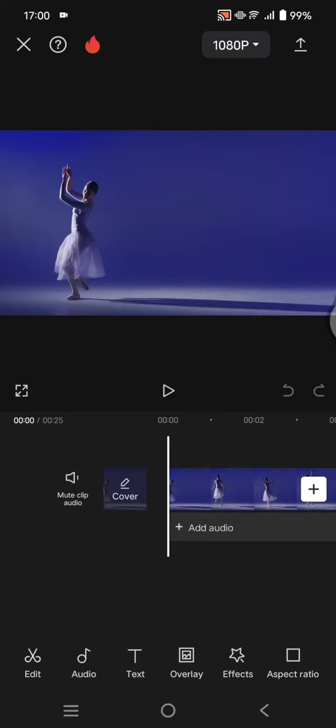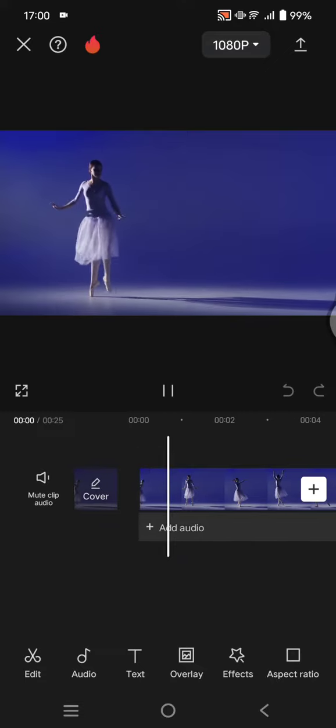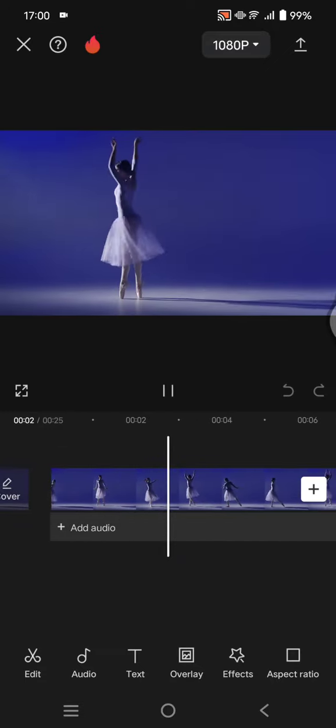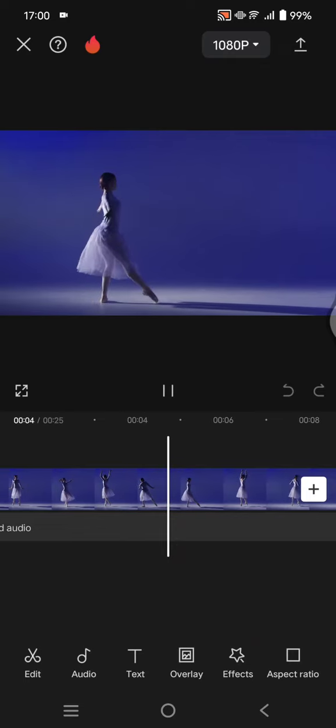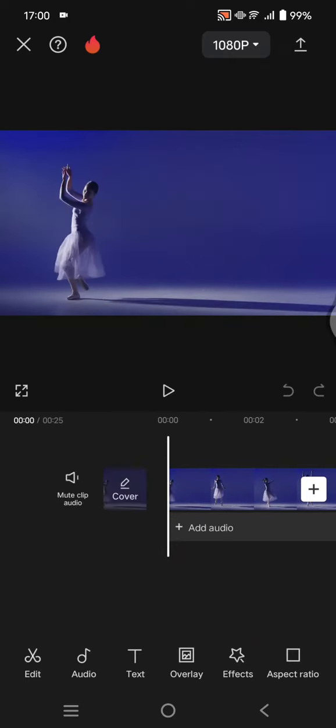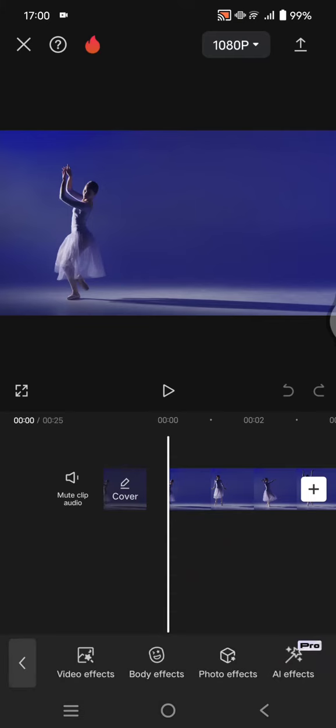On today's tutorial, I'm going to show you how you can apply or add a glowing outline to your videos in CapCut Mobile. So in here, I've already imported a video like this and I'm going to add a glowing outline to this person's body. So what you need to do if you want to do the same is just go to effects, click on the body effects,